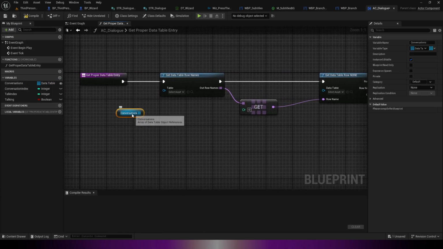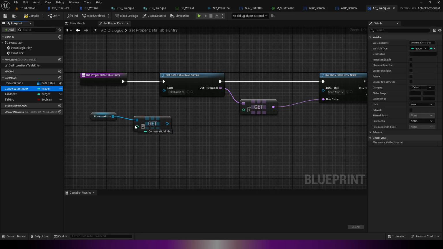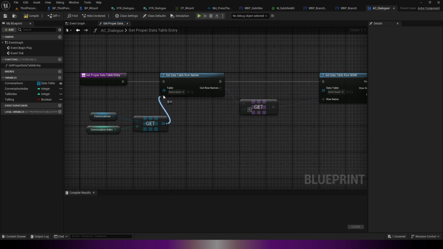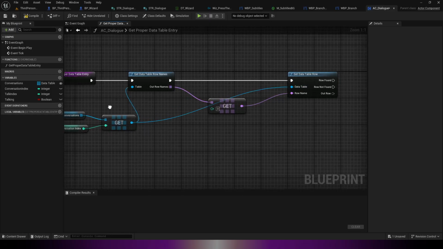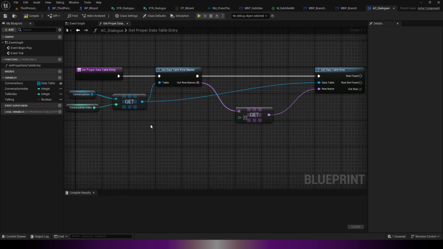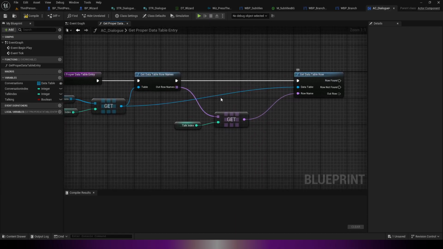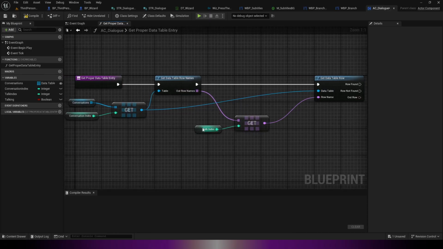Yes, so we hook up the conversations. We say get a copy, and the index is the conversation index. We hook this up to the data tables. So this will mean which of the data tables we are getting. Then where in the data table we are getting is the talk index. So once again, we don't have to use the numbers. We don't have to set the row names to numbers